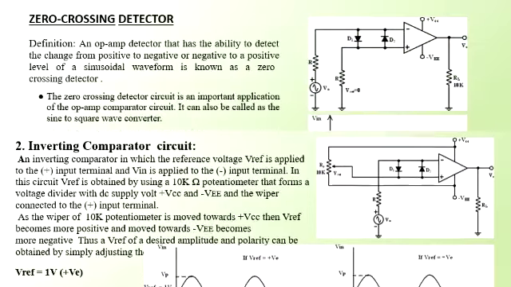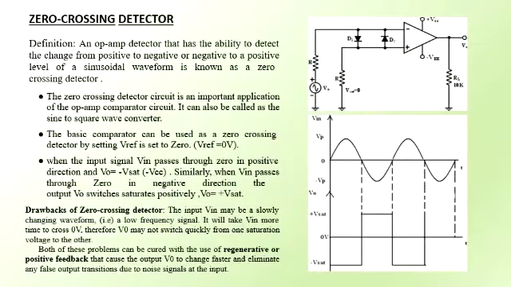In the previous slide we were discussing the basic comparator circuit. There are two types of basic comparator: one is the inverting comparator circuit, another is the non-inverting comparator. Now let us understand this inverting comparator circuit and non-inverting comparator, what exactly we discussed previously. The first is the inverting comparator circuit with the reference voltage